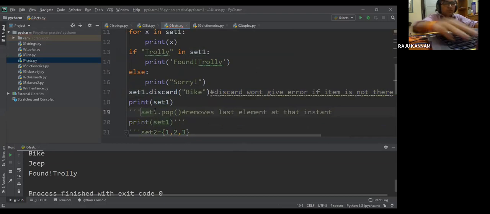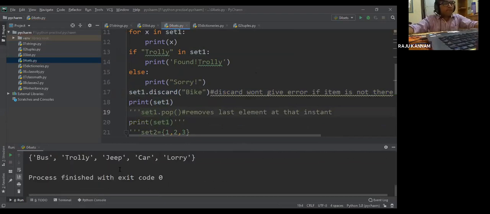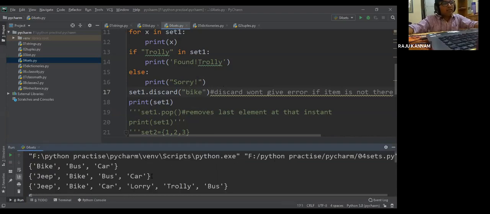So now, see here, bike is removed. Now if I write Bike, it has not given any error.